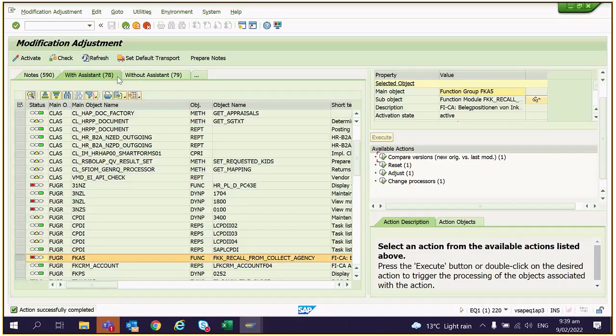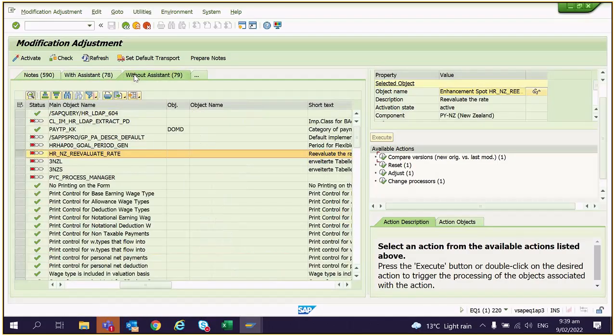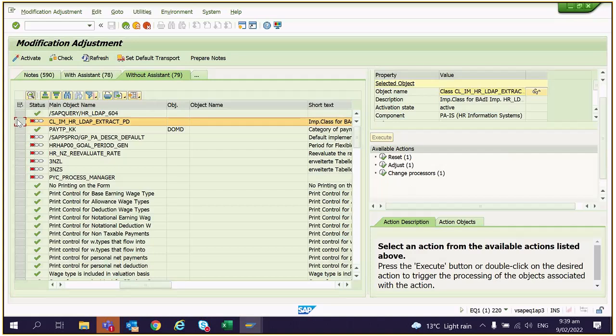Now, the difference between with and without is that in with, we see that a split screen editor is open, so we can clearly see the differences between left and right. That is not always present in without assistant. That is the only difference. When we say that is not present in without assistant, that means, for example, for this highlighted one,